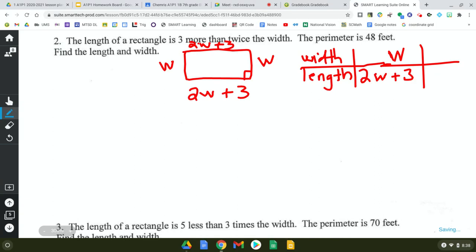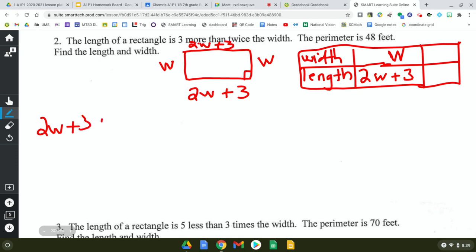Okay, and here I have space for me to put my answers, right? So it reminds me I have to give an answer of both width and length. Okay, so 3 different ways I can do it. I can look at my picture and just copy 2W plus 3 plus W plus 2W plus 3 plus W